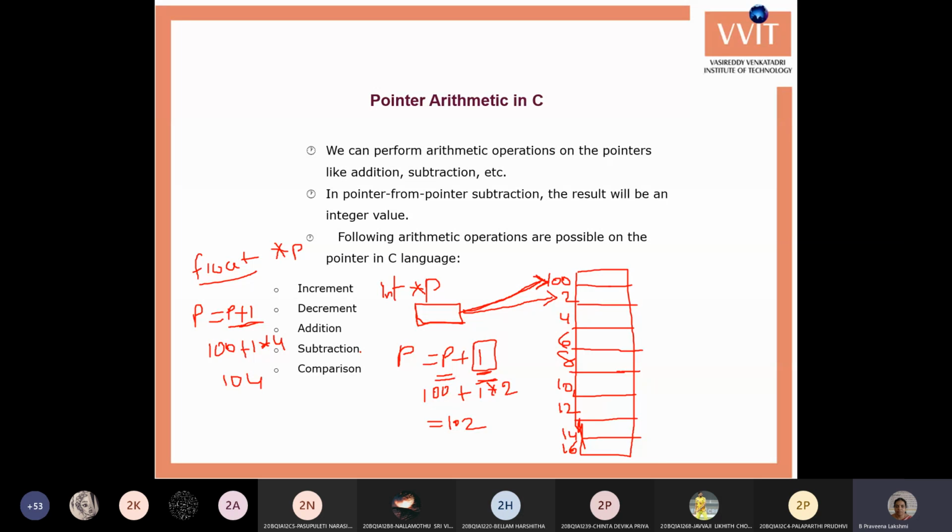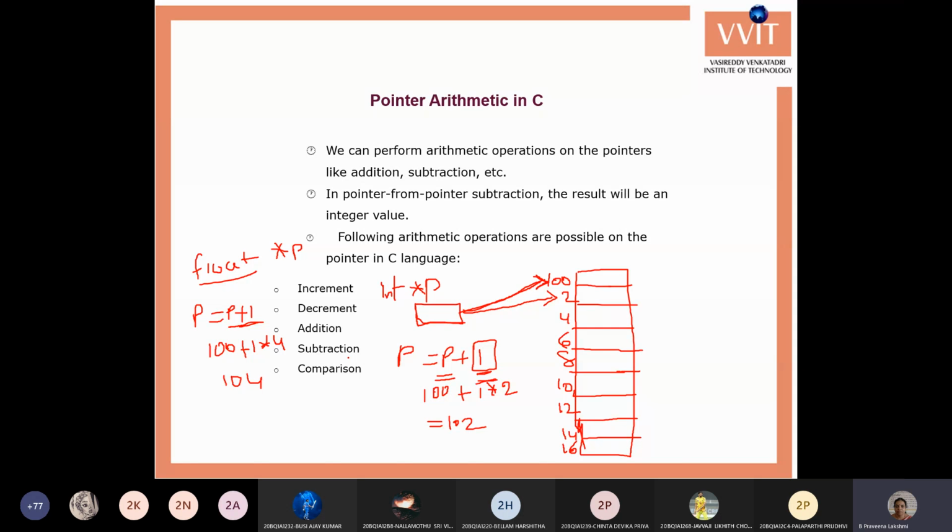Okay. So we cannot store one type of address into another type of pointer. Why? Because if you store an integer variable's address into a float pointer, the float pointer tries to increase the value by 4, but the address you have stored is of an integer variable. So it can move to out-of-range locations. You are trying to move 4 locations, so we get an address conflict with the pointer. We cannot move one type of variable's address into another type of pointer.